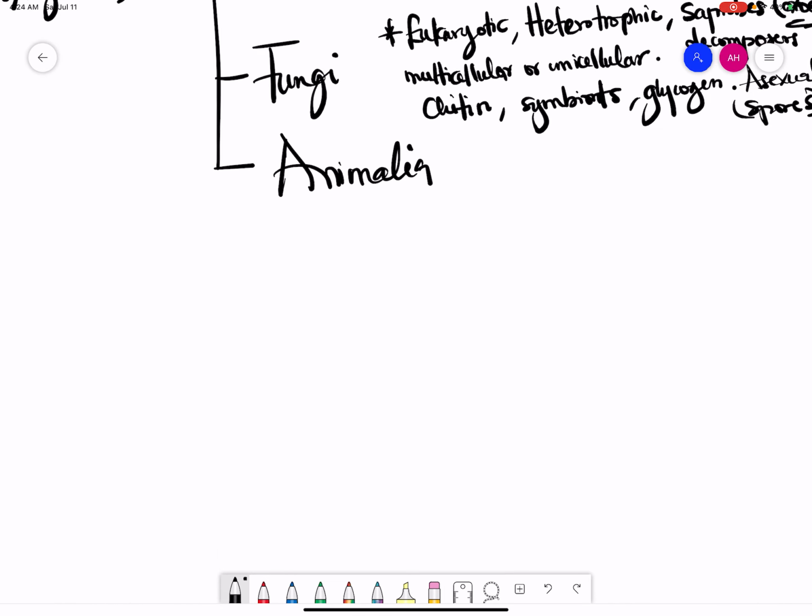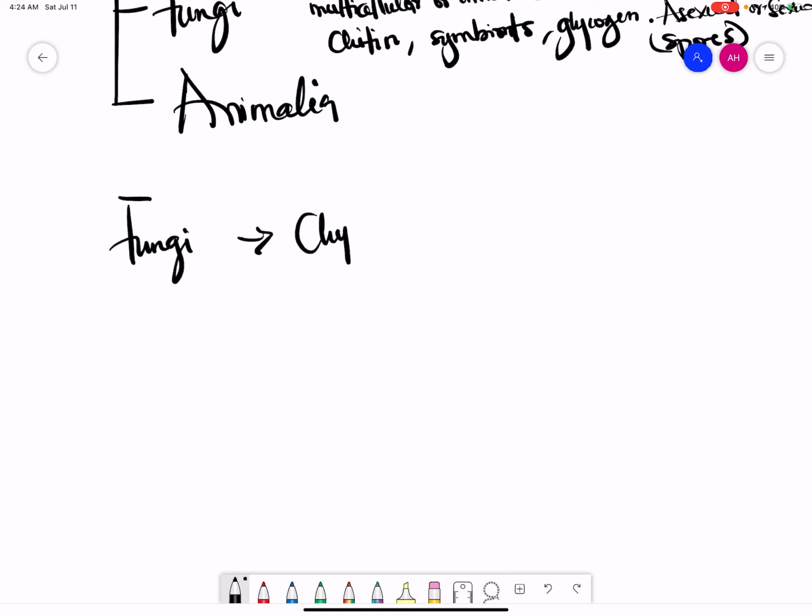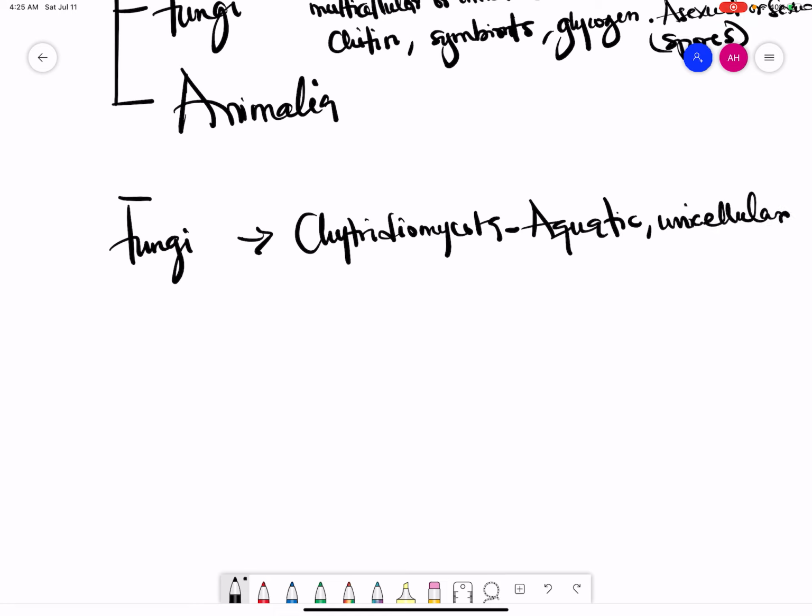There are many groups of fungi, but we're going to focus on 5 of them. The first group are the chytrids. They're typically aquatic, unicellular, and parasitic. There are many frog species that have been nearly wiped out by the activity of chytrids in the jungles. They are also coenocytic, and that would make sense because they're unicellular. Coenocytic means they're non-septate, as opposed to